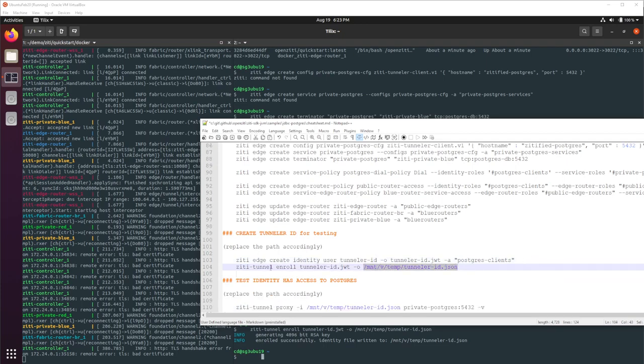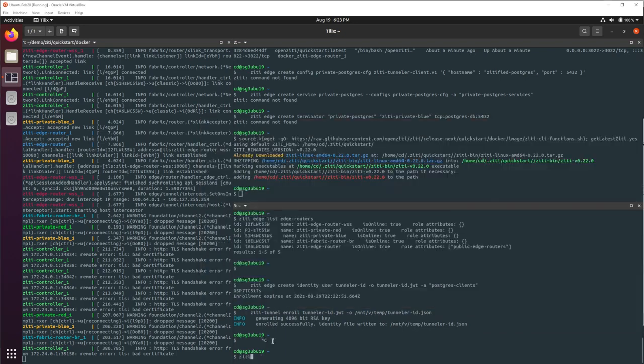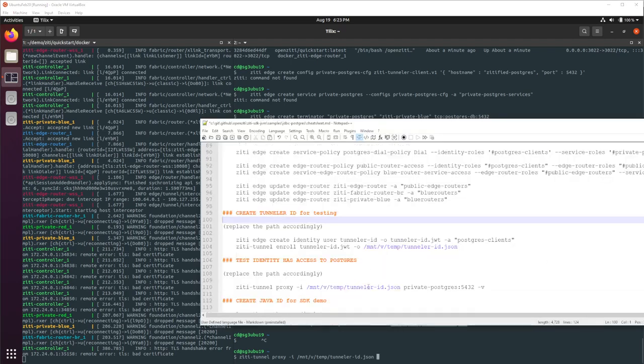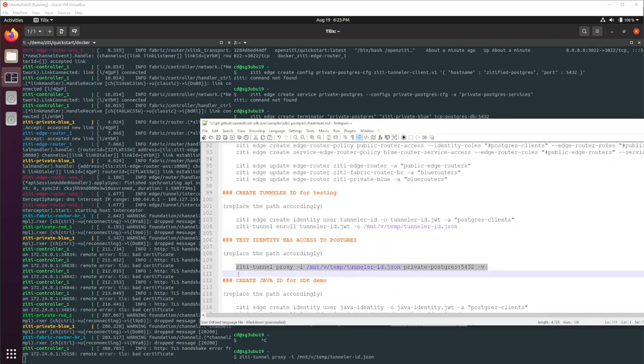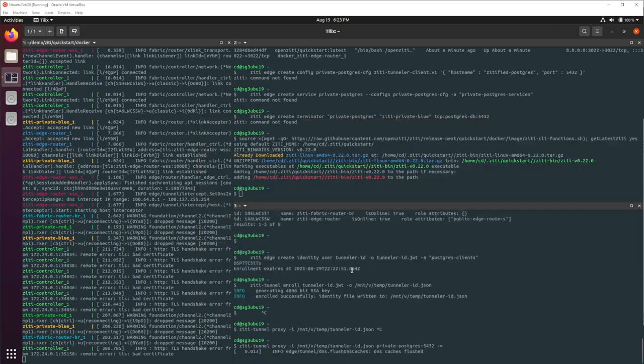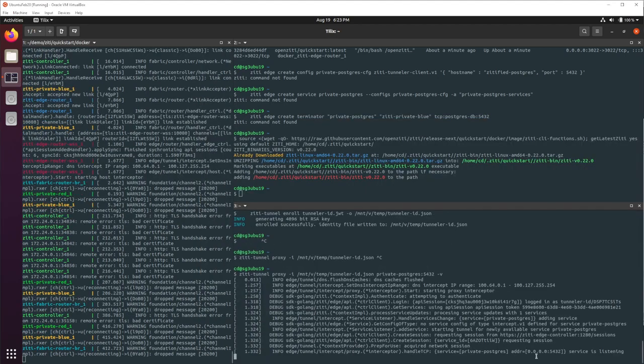And then I'm going to use the Ziti tunnel in proxy mode just to prove to myself that I've set everything up correctly. Ziti tunnel in proxy mode. Give it the identity. That is not the identity. This is the identity. And I'm going to use a service. Let's see, what's the service called? Well, actually, I've got the command right here. I just copy and paste the command. Even better. Okay, so now you'll see Ziti is running in proxy mode